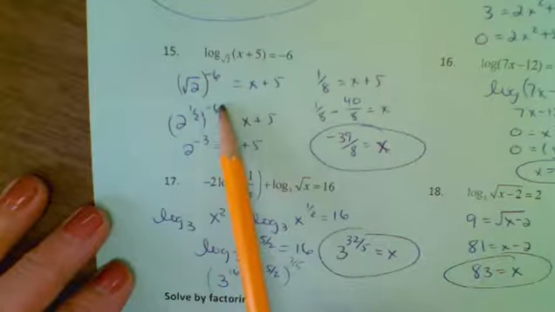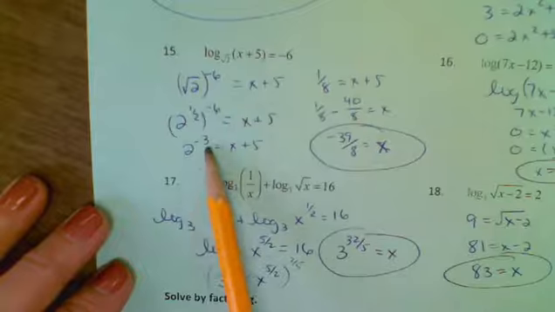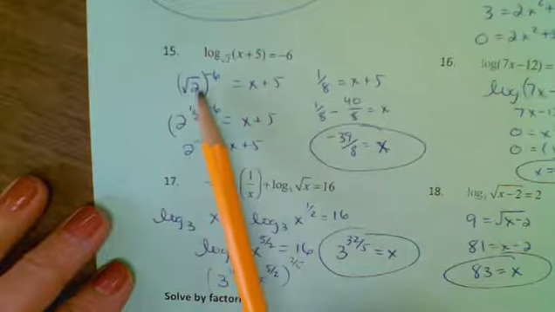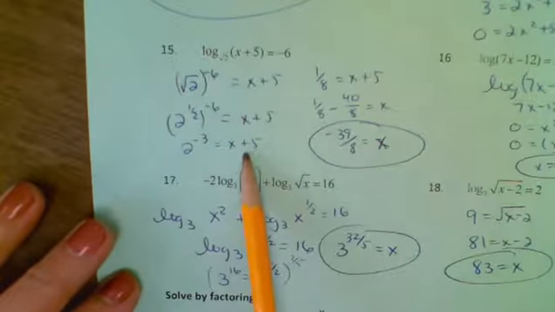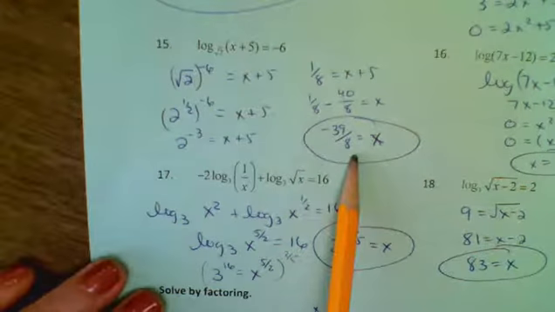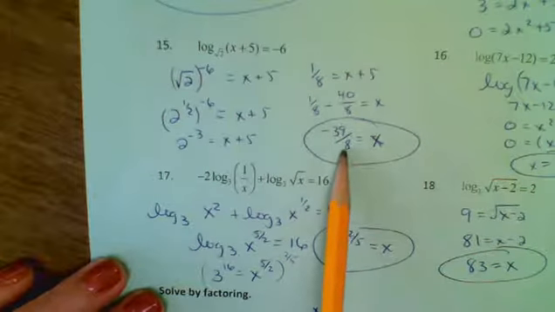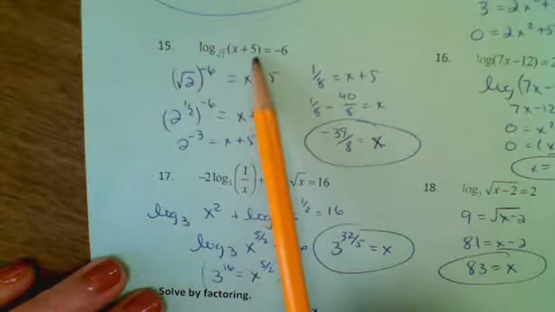Then I'm going to raise it to the -6. So when a power to a power we multiply, that gives me 2 to the -3rd. So always be thinking to put your radicals as exponents, then use your property of exponents. And then to solve for x, I got x is -39/8. Again, if I plug that back in, and I take -39/8 plus 40/8, I'm still going to be taking the